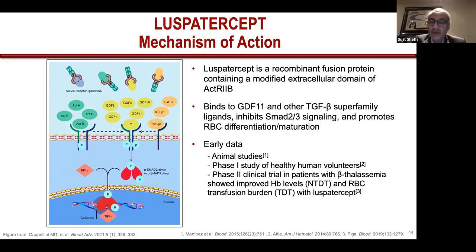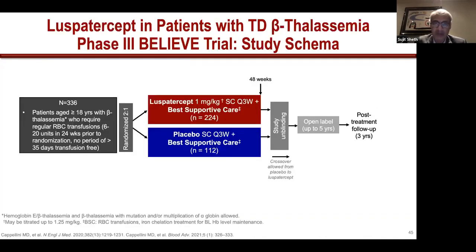And if you can remove this GDF11 by trapping it in with this activin trap or this receptor, then you can inhibit the SMAD2/3 signaling, and that would promote red cell maturation and differentiation. And early studies, both in animals, phase 1, phase 2 studies, showed efficacy both in transfusion-dependent patients as well as in non-transfusion-dependent patients. So the BELIEVE trial was a pivotal trial that led to the approval of this drug, and